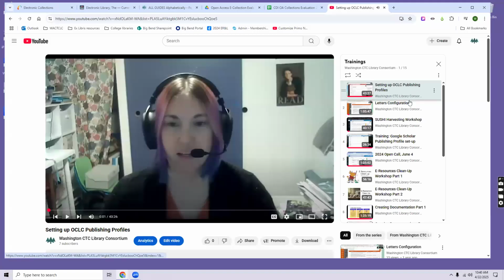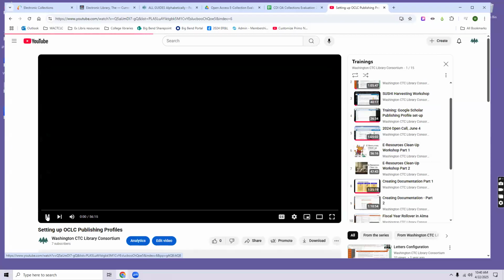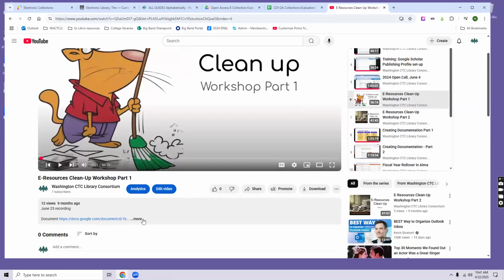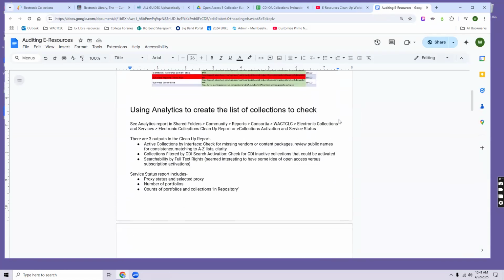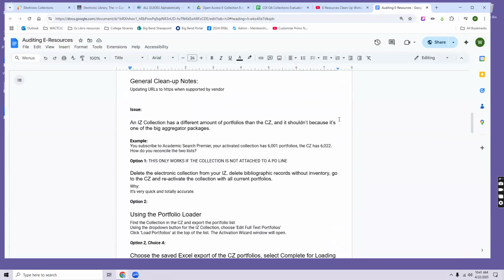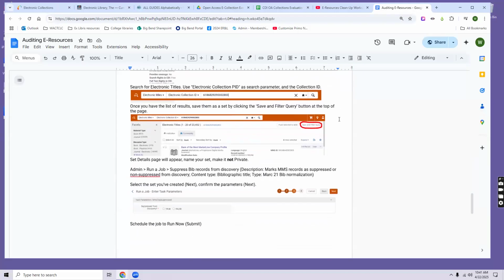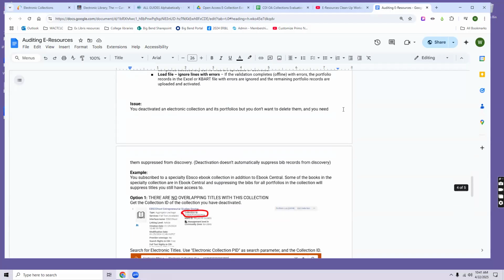Oh, OCLC e-resources cleanup workshop part 1. Nope. There we go. And here is the link to this little method to the madness, and a few scenarios that you might come up with. It certainly is not exhaustive, but